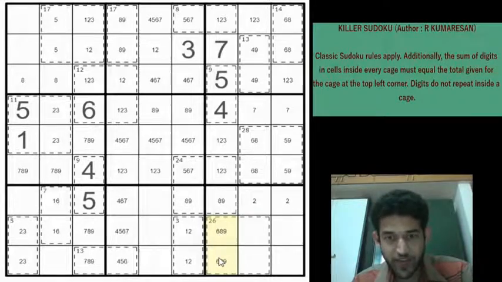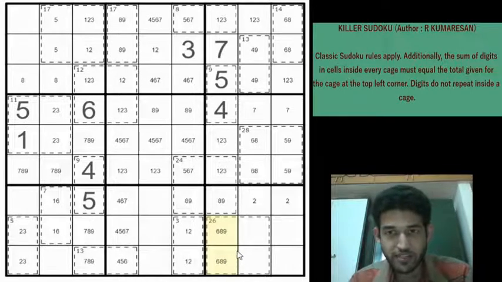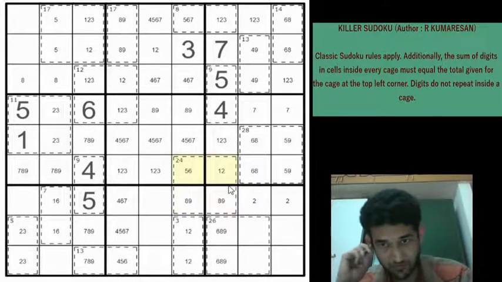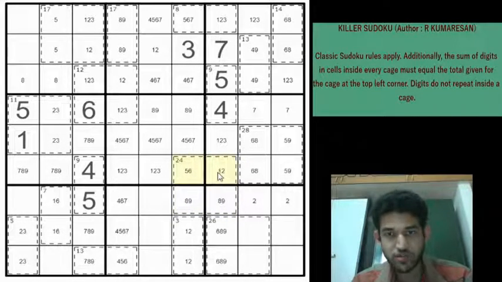But for certain we have a 6 in one of these two cells. It is either 6 and 8 or 6 and 9. We just don't know for certain which one is the case. So since you have 8, 9 here, we have a 17 already. So these two cells must sum up to 7. So you can eliminate the 7 from here. So 5 will go with the 2 and 6 will go with the 1. So 3 can be eliminated in both the cases. Sorry, it is 8, 9 and then 5 plus 2 or 6 plus 1.